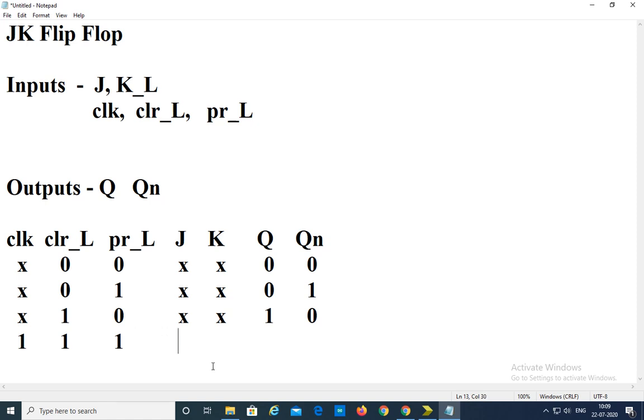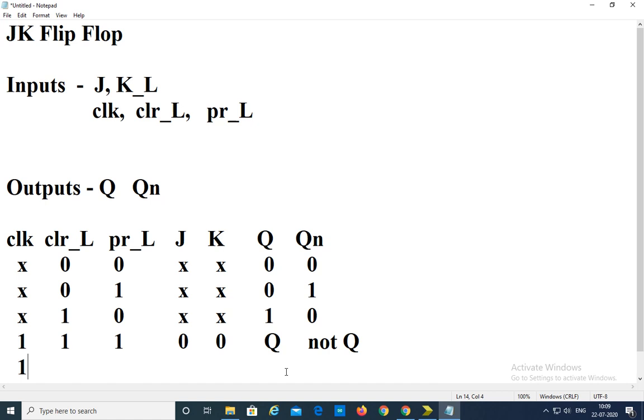If the input is 0 0, then, you know that one, for 0 0 JK inputs, output Q is equal to Q. That is, it remains in the same state. So if it is Q, then Qn is not Q, so that is Q bar.